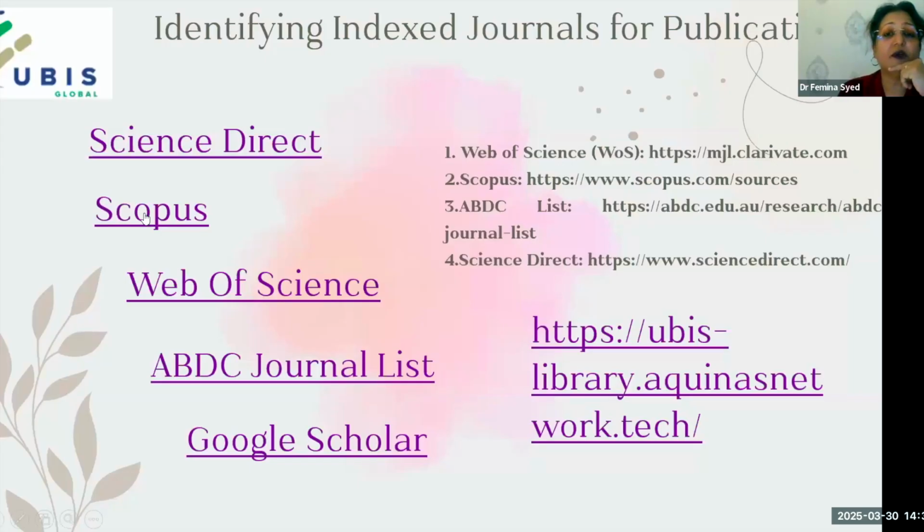Okay. Next is Scopus. Scopus is also extremely important. It is one thing which will help you to the core when you do the literature review, because Scopus has the option to filter out all the articles in your area, and you can also export all the abstracts in an Excel file. So maybe you have 400 abstracts, and you take time, you can read the abstracts a lot, and then you can decide whether this article has to be included in your study or not. So Scopus is extremely relevant and helpful for you.